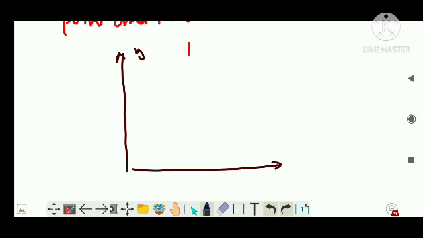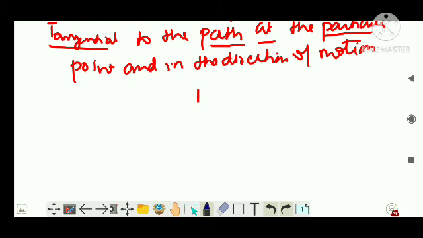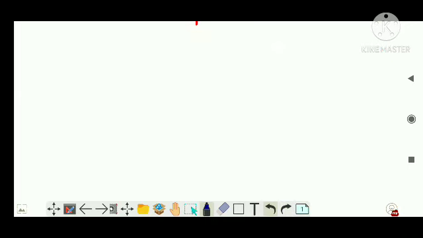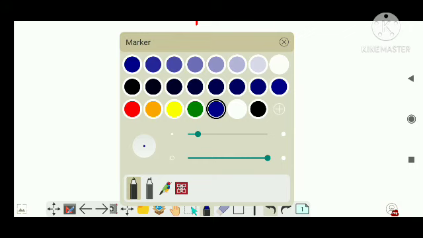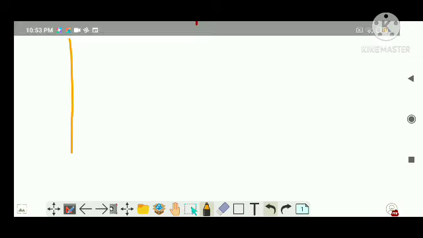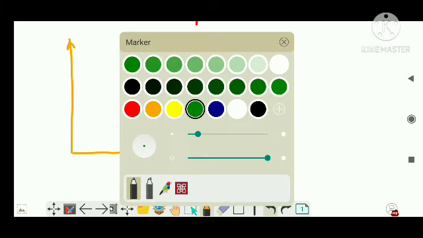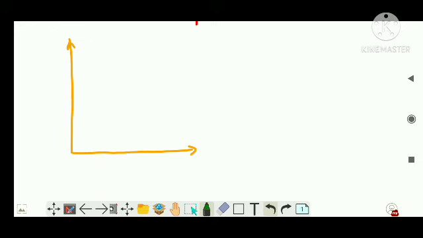Now, in order to understand the instantaneous velocity concept, it is better I use 3 figures. I'm using different colors today. This line came straight now. I hope I can draw the same type of straight line for the next figure. I don't know why it is very difficult to draw straight lines on mobile. Let's say the path is like this. This P1 is his initial position. P2 here is his final position.